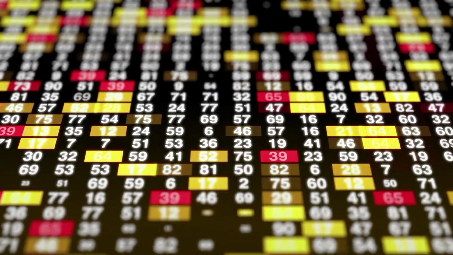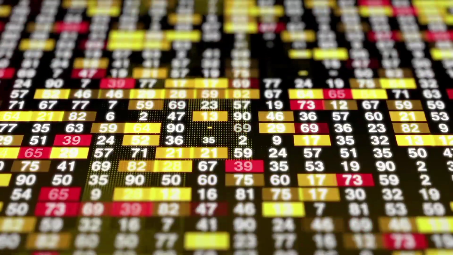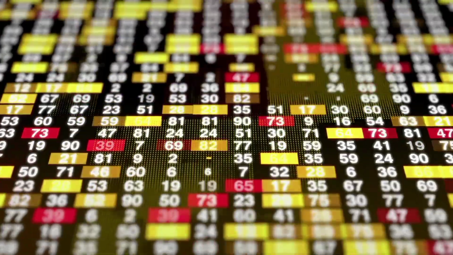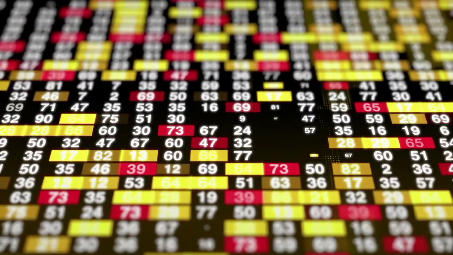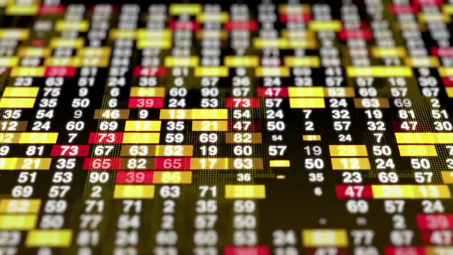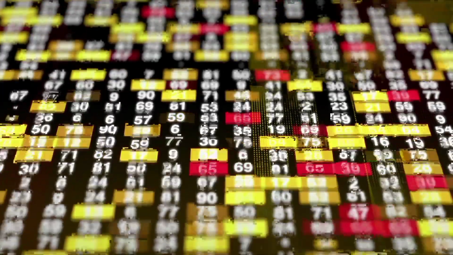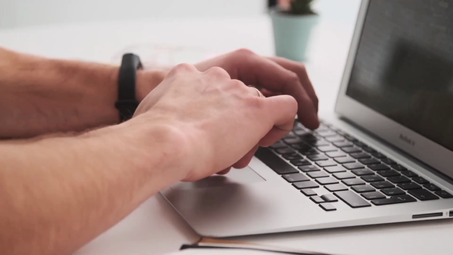Types of trading. There are several types of trading, each with its own set of strategies and risks. Stock trading. This involves buying and selling stocks listed on a stock exchange. Stock trading can be done through a brokerage account or a direct access trading platform. Forex trading. This involves buying and selling currencies in the foreign exchange market. Forex trading is usually done through an online brokerage platform.